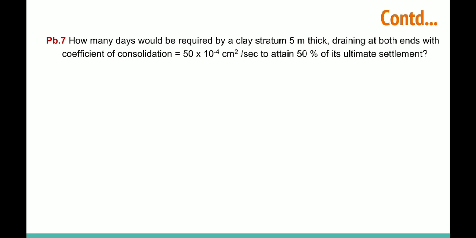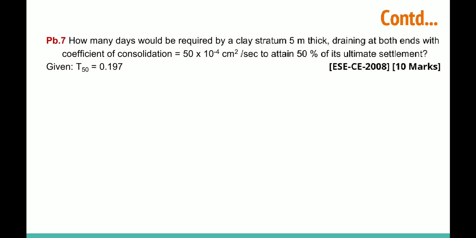So we have to calculate the time. The data is given: T50, the time factor for 50% degree of consolidation, is given as 0.197. We can calculate it also, but since the value is given in the question, we have to take that value. In a multiple choice question or fill in the blanks, if you use your own value, like the 1963 one, the final answer may differ, and that can be wrong.